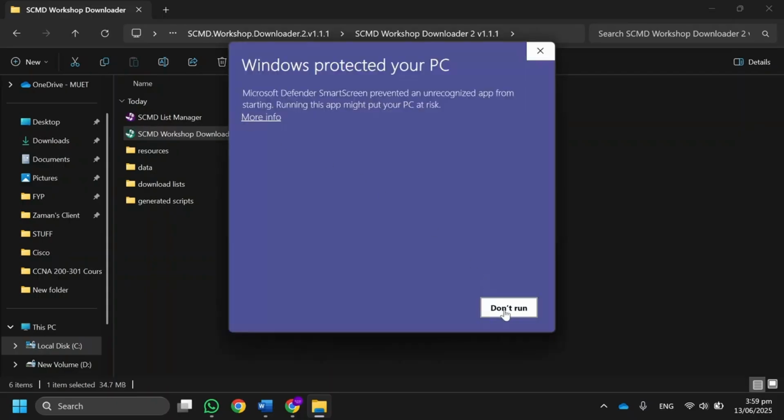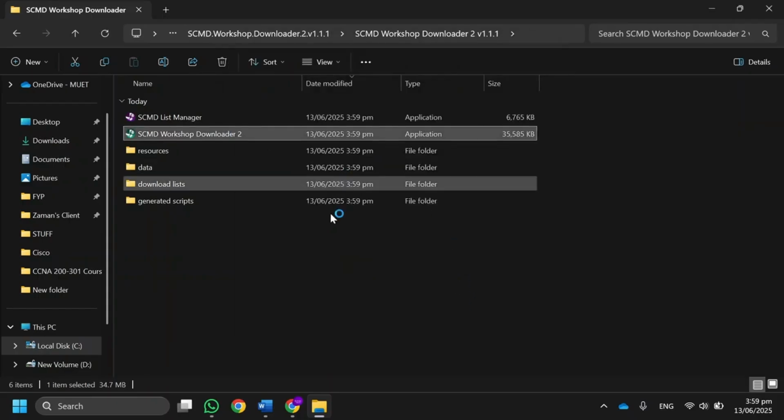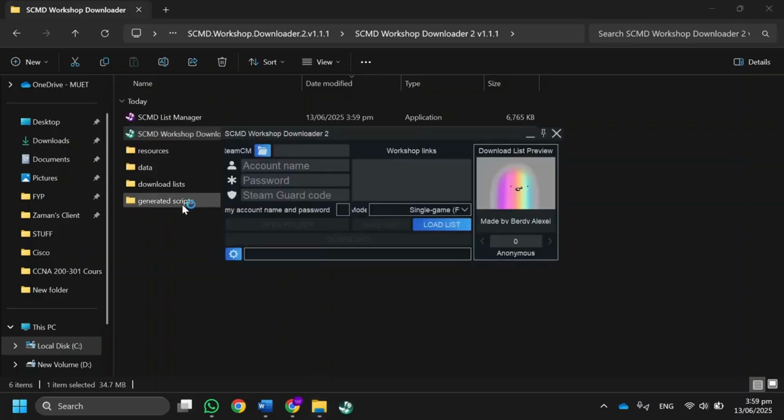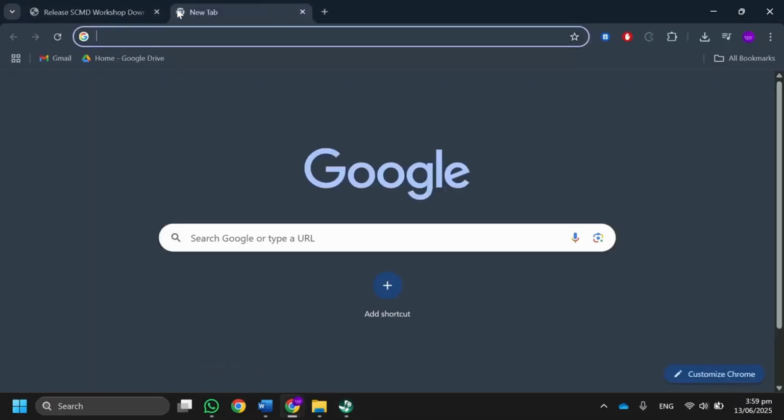Then double click on it and open SCMD Workshop Downloader 2. You will see its interface. After that, open a new tab, search for Steam SCMD